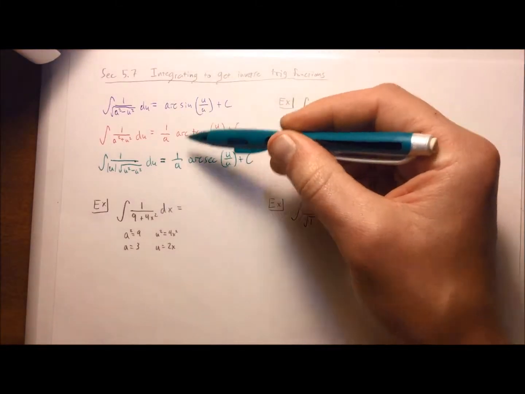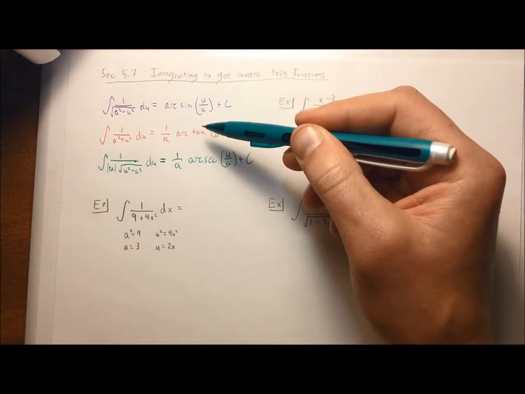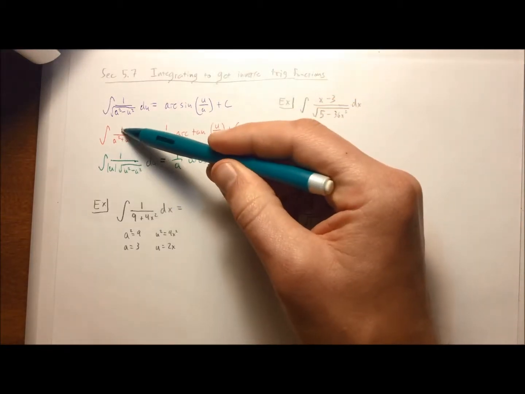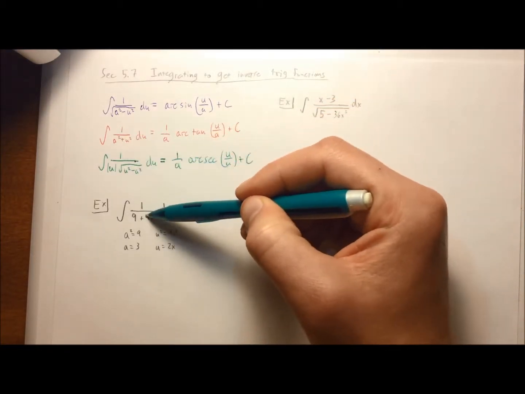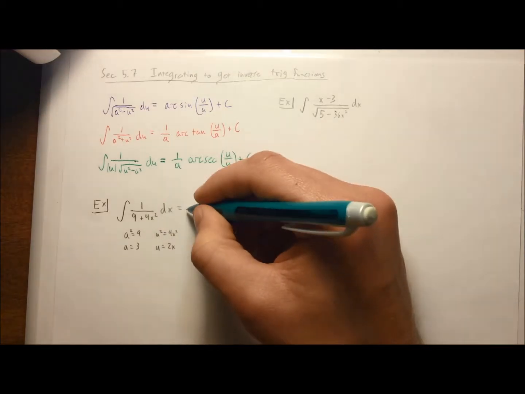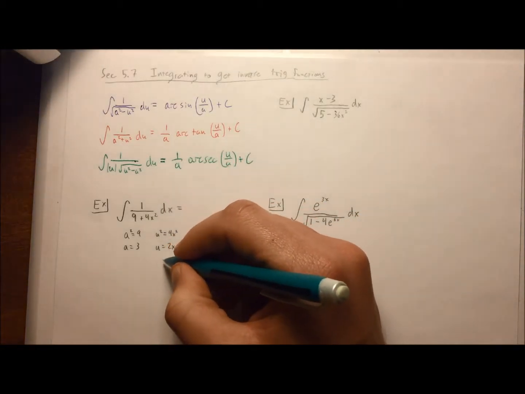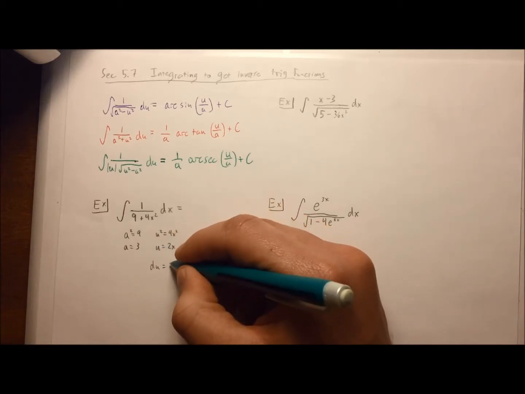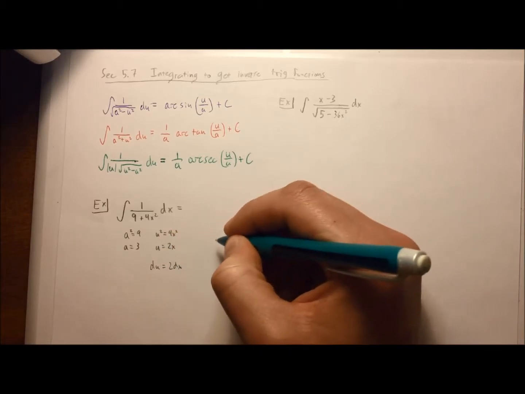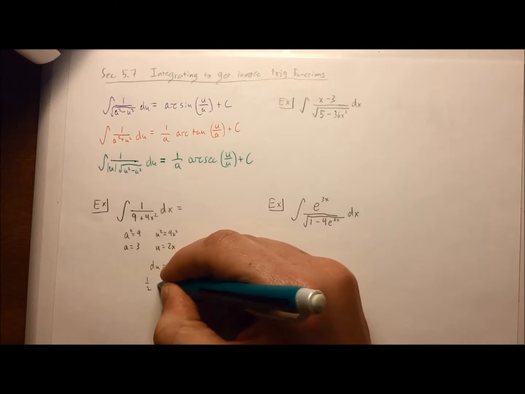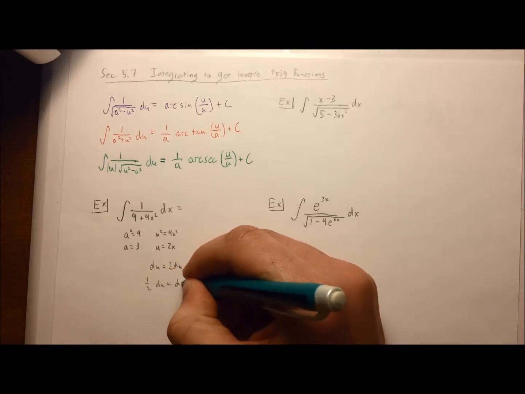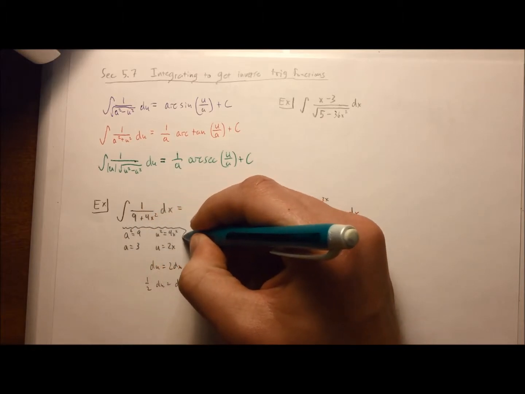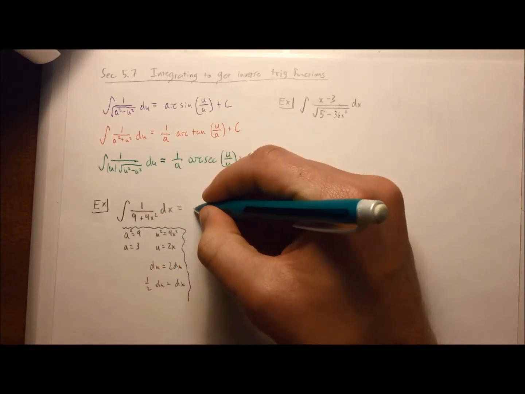So I'm going to change this into basically this exact problem right here. This is 1 over a squared plus u squared. Now to do this though, I am going to have to find du. The derivative of u is going to be just 2 dx, or 1/2 du is equal to dx. So this problem, after my u substitution, just became